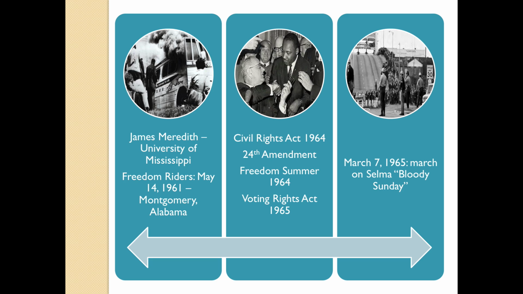And we get basically the height of the civil rights movement in the 1960s. James Meredith, the first black man to attend the University of Mississippi. That was extremely historical. Freedom Riders were groups of college students, both black and white, who crisscrossed the South and rented Greyhound buses, practicing sit-ins and such. And on May 14th, 1961, when a Greyhound bus came into Montgomery, Alabama, it was firebombed, basically, by what may have been off-duty police officers.